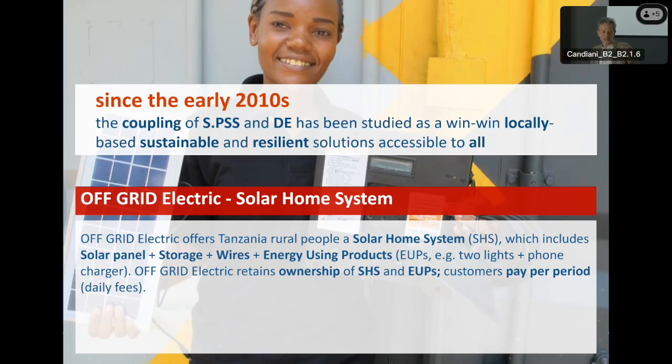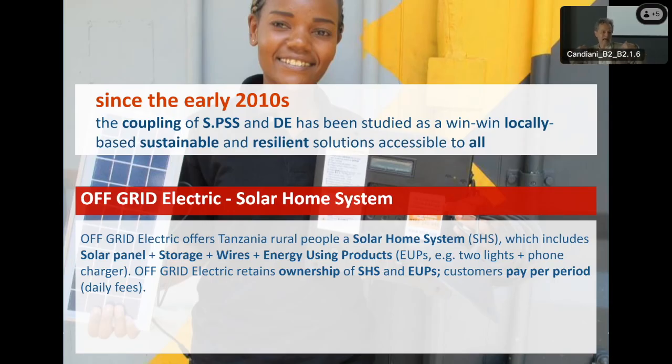What we understood, if we think about Rank Xerox, that means that Off-Grid is not selling the solar panel. Is offering this, and the client, it means the rural people with little money, is not paying to purchase the product, the solar panel, with money that they don't have. They are paying per use. And what happens if it breaks during the use? Since the provider offers all-inclusive, the reparation, the maintenance, and so on, there is not the risk of interruption of